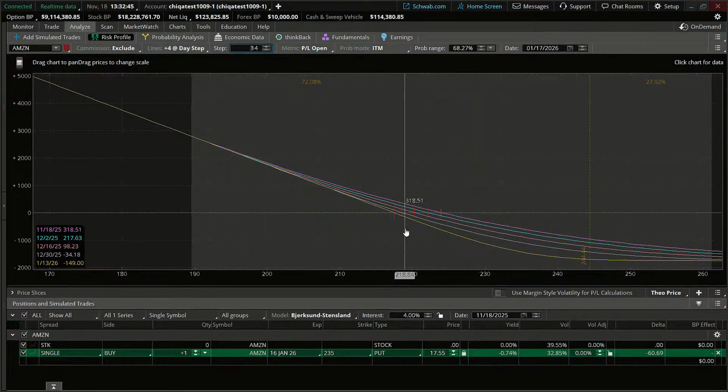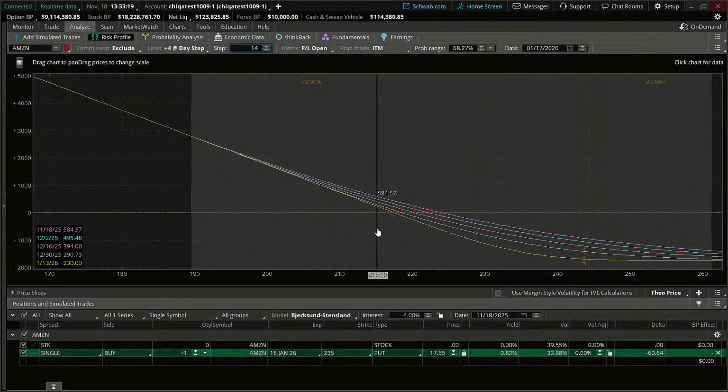So let's just simulate that the stock moves down to 215. Let's just say it moves, most of that move down towards our horizontal support, but it loses about $10 in value. Everything else stays the same except for the price movement of that stock. So if it moves down to 215 here, I'm going to put my mouse right at 215. You can see that today we would be at a